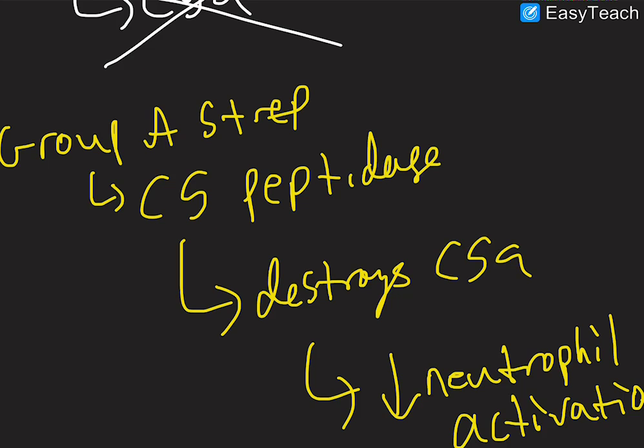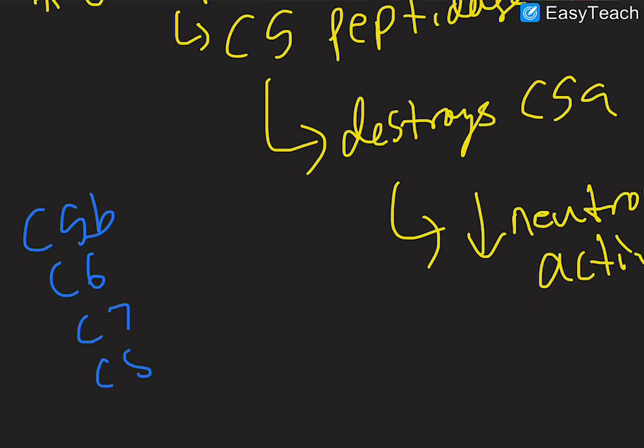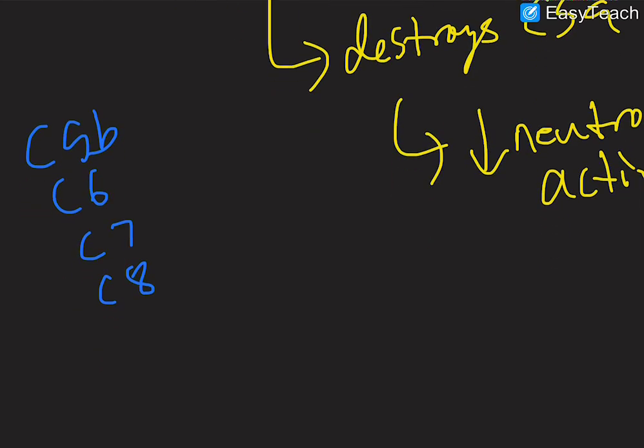Remember, that's the last complement protein to form the membrane attack complex. So remember, you have C5b, C6, C7, C8, and in bacteria like Neisseria gonorrhea or Salmonella, if you can't add on C9 to this cascade of proteins, then we can't form